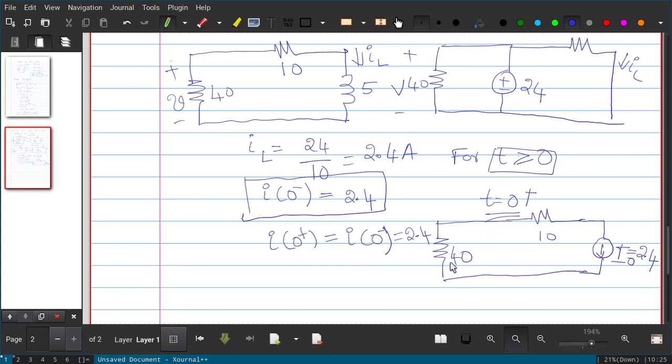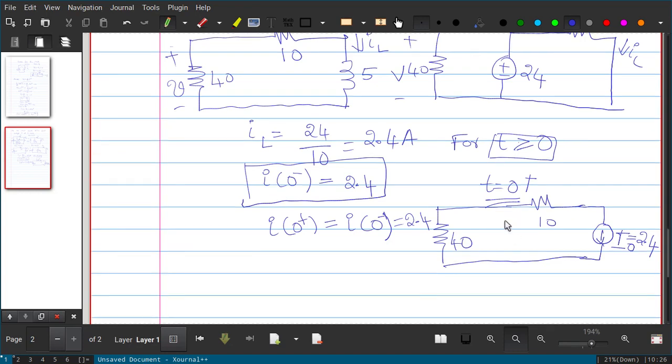But if you keep it for a longer time, then I0 is not a constant DC current. The current will exponentially decay. We already know that if you are not applying any DC supply to an inductor, the current exponentially decays. So this is at 0 plus only, and after that